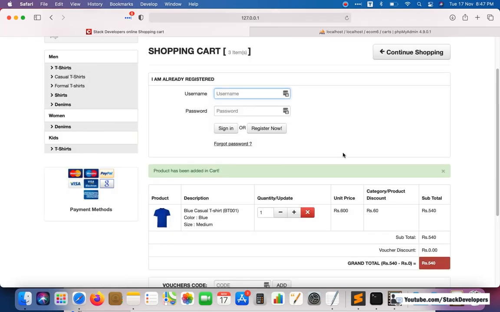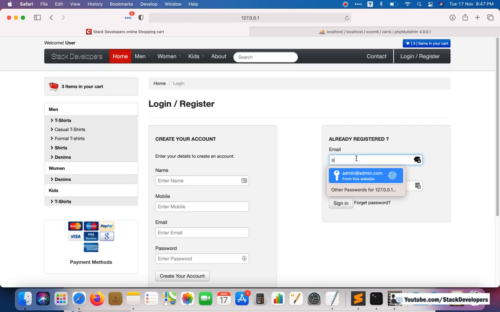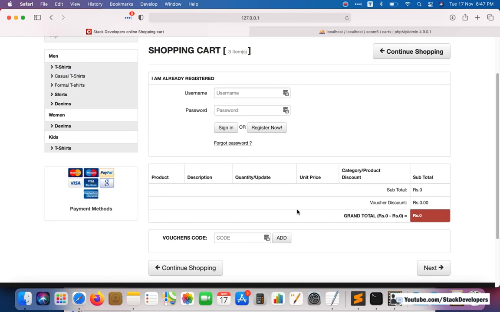But now the user will try to log in. So this product should be retained. I want this product to get added to the user cart with the user id. So let's see. Amit100@uofmail.com and password 123456. Now you can see that when I log in, the product that the user saved before login is gone. When the user logged in, the product is gone.